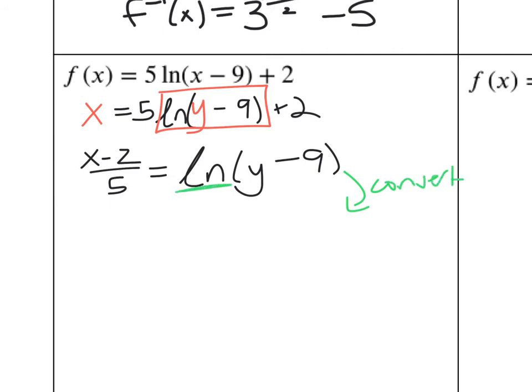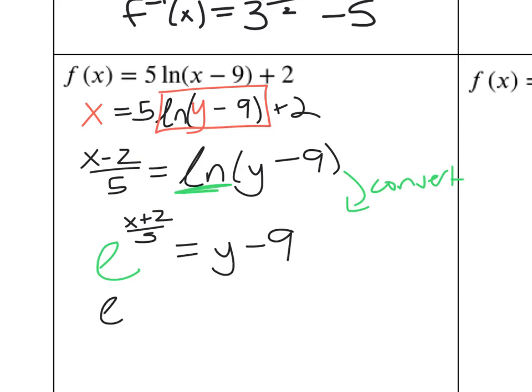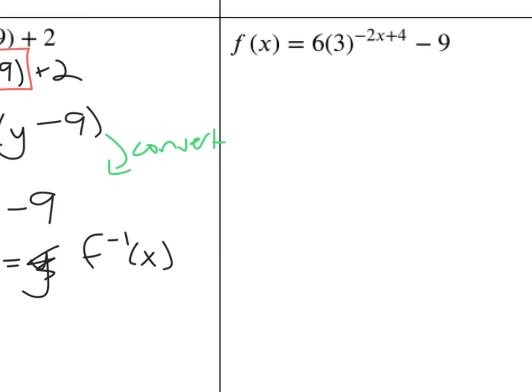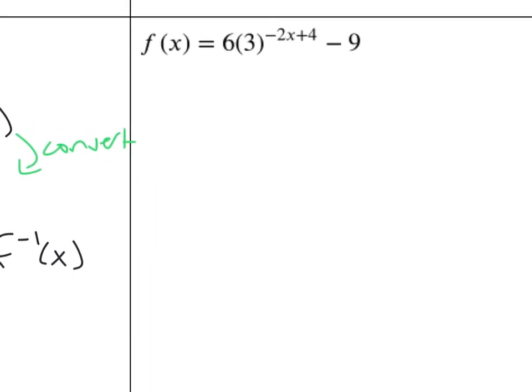I need to remember if it's natural log, that means my base is e. My exponent is x plus 2 over 5 equals y minus 9. My last step is going to be to add 9 to both sides. And once again, let's write that with f inverse of x. Pay attention, all of these have been f of x, but hypothetically I could give you any letter I want. Last one,